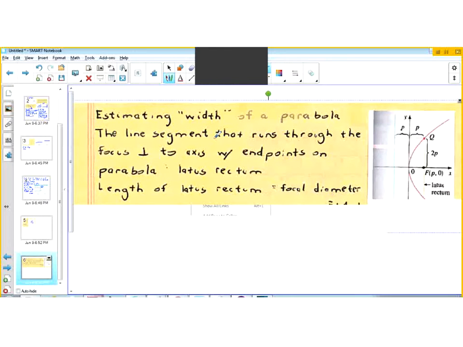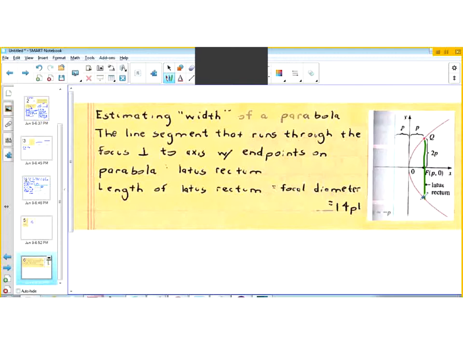the width of a parabola, what do we mean by that? So estimating the width of a parabola, it's a line segment that runs through the focus, perpendicular to the axis, with endpoints on the parabola. Okay, so you've got what's called the latus rectum. The length of the latus rectum is called the focal diameter, and it's equal to the absolute value of 4p. So the width of the parabola, in summary, is